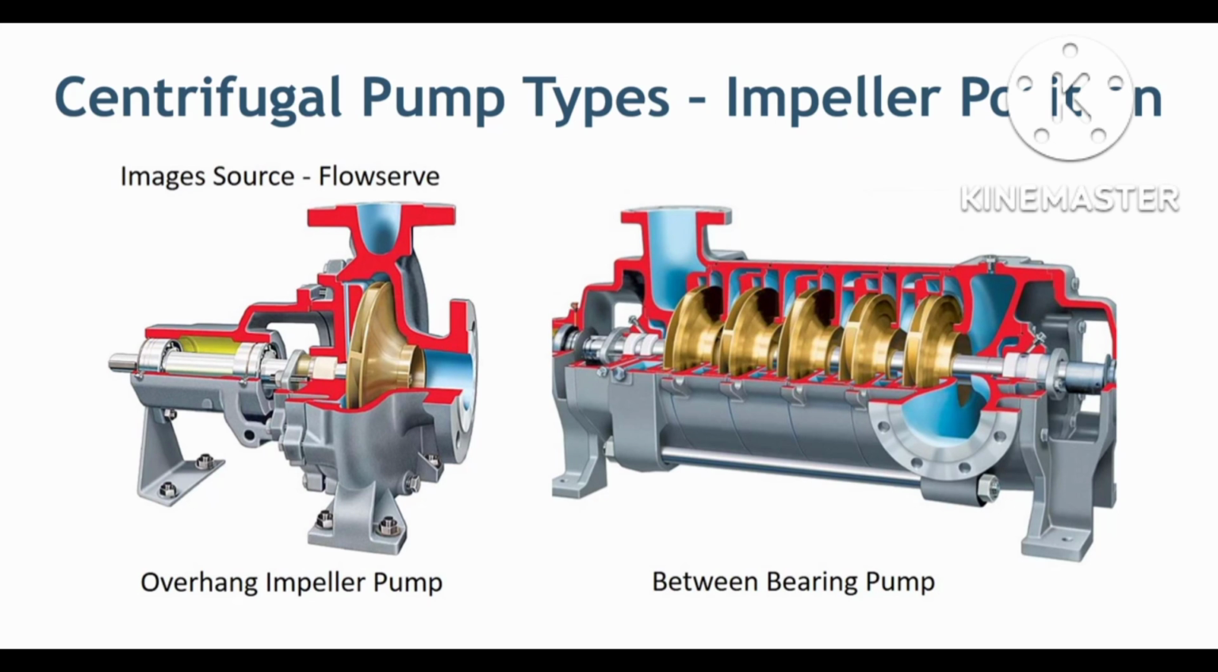The second is between bearing. In this type, the impeller is installed on the shaft and the shaft is supported by bearings at both ends. Horizontally installed multi-stage pumps come